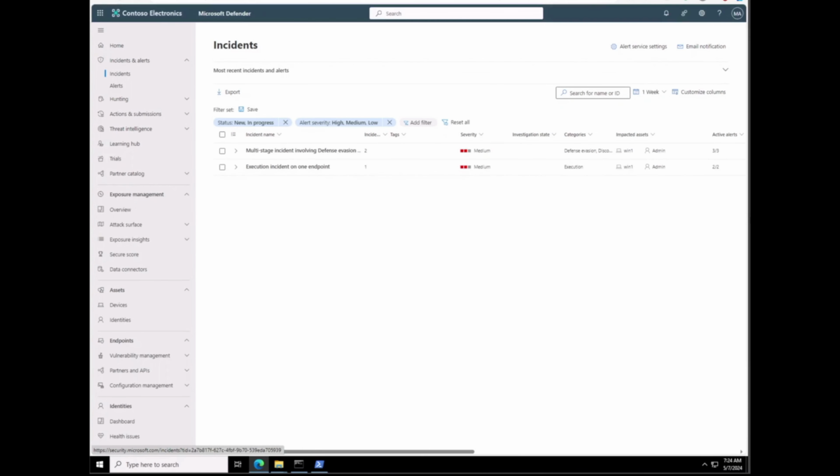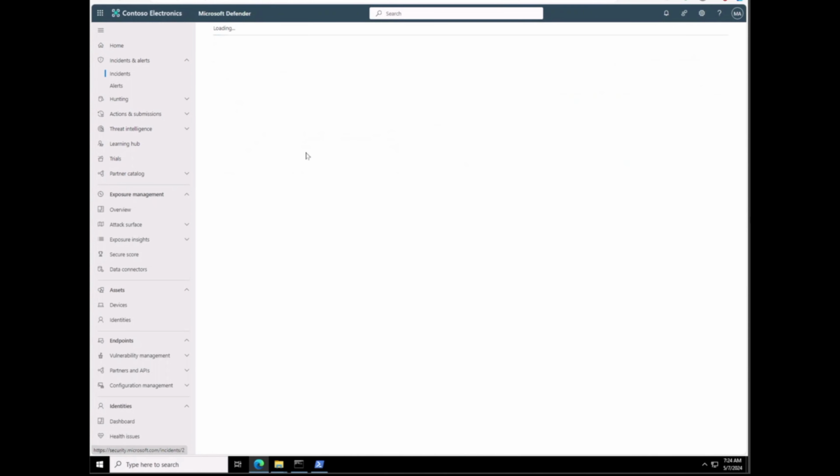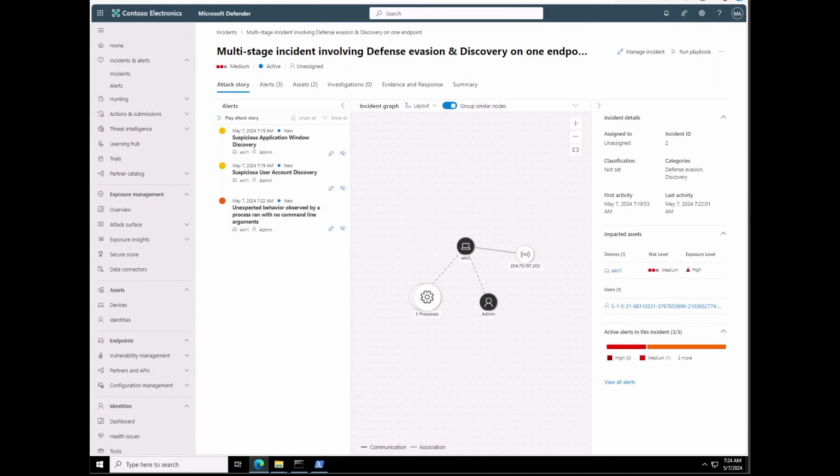So it's not showing up yet, but once our new incident shows up, we should see it. Actually, it is showing up here. It's a multi-stage incident involving defense evasion. That's what we wanted to see. Our new incident is showing up, and you can see now we're getting a different source IP. So this is the IP, and if we do